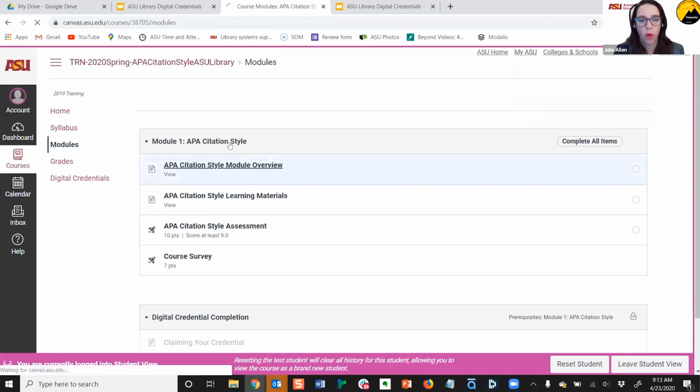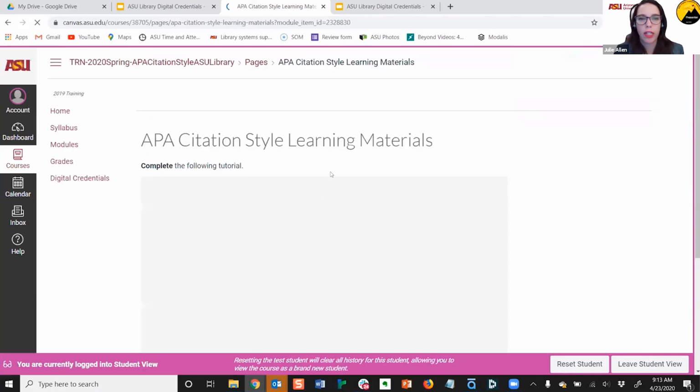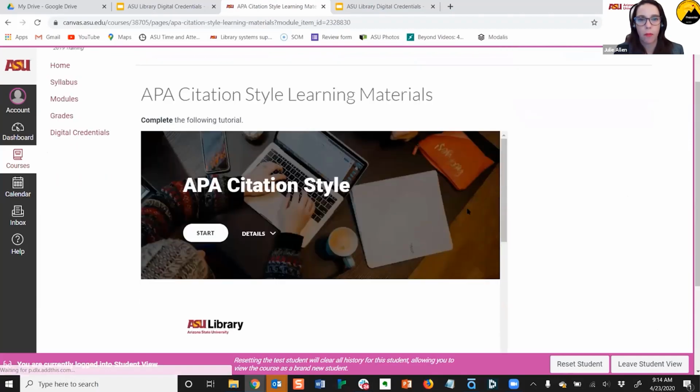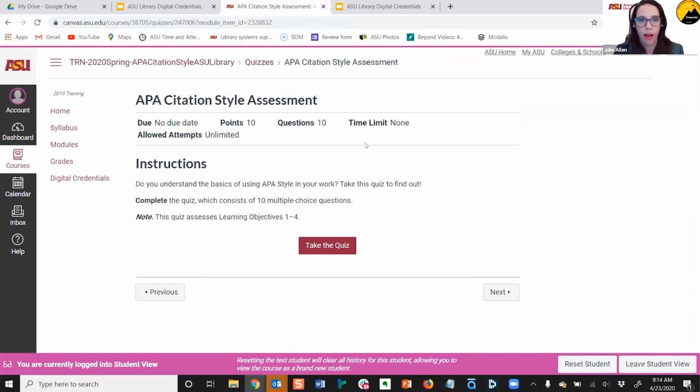So we have a module overview, again going over what they're going to learn, the module objectives, and then we've embedded, generally speaking, a tutorial. So usually it's going through a tutorial, and then the assessment is a quiz. The way we've set it up, it's a single module, and I think others have touched on this throughout the summit, but you would basically tie those credentials back to modules. So we have one module in our course because we have one badge. And once they're done with the APA style assessment, and they've unlocked it at a 90%, they would automatically